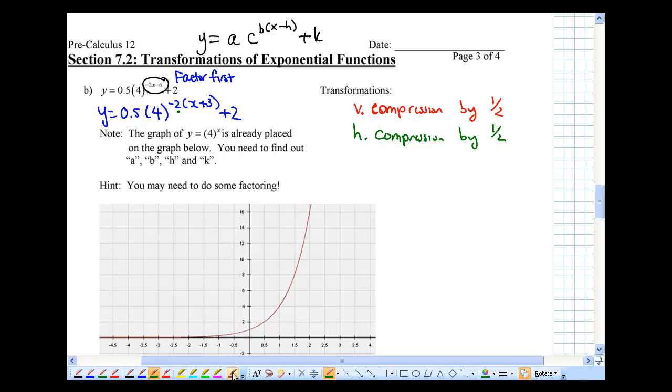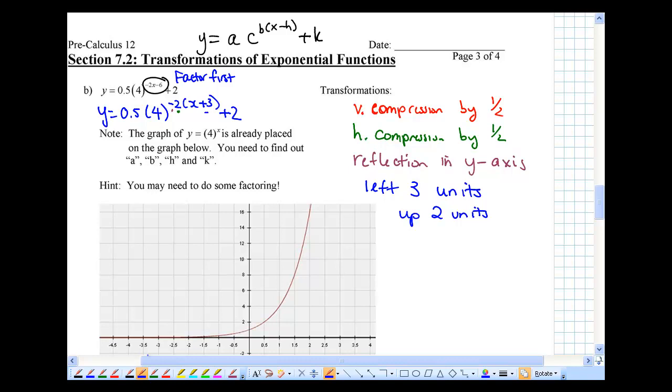We've got that negative here. Ooh, negative, hey? Negative, so some sort of reflection. In which axis? It's next to the x, so yeah, it's a reflection in the y-axis. And then we have plus 3. So that plus 3 must be moved left 3 units. And then plus 2 means go up 2 units. Wow, 5 things, okay? So I've been nice enough to give you the base function y equals 4 to the